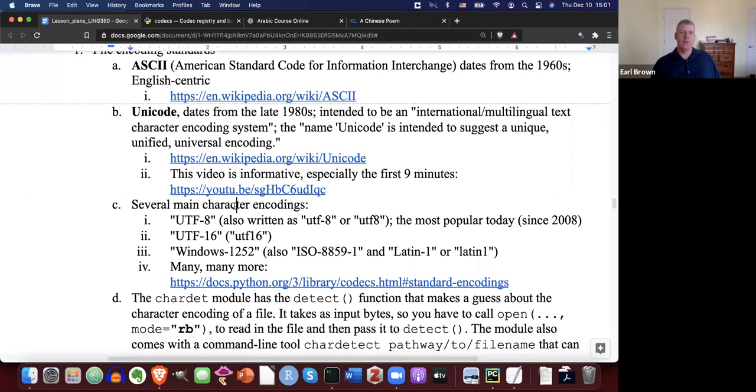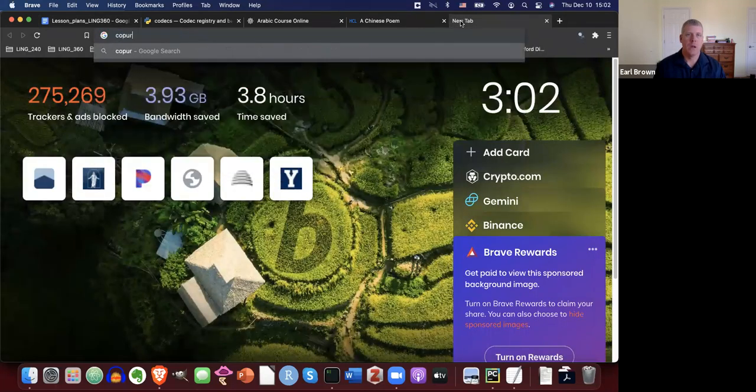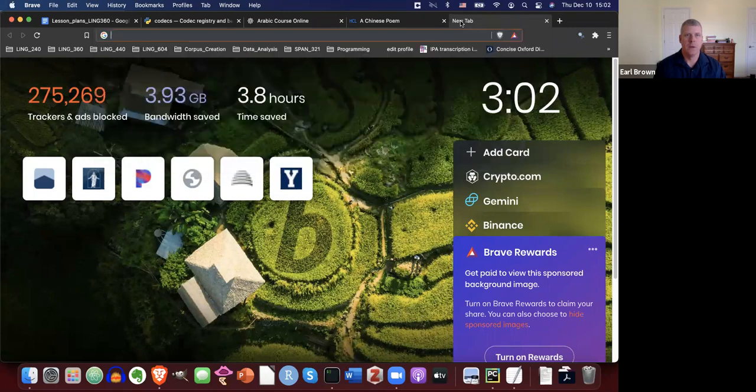So there are several main encodings. UTF-8 is the most popular one today, at least since 2008, according to that Wikipedia article about Unicode. There's also UTF-16 that you may see. You may come across Windows 1252, right? And so just to take a quick second to show you what I'm talking about, if I go to, for example, English